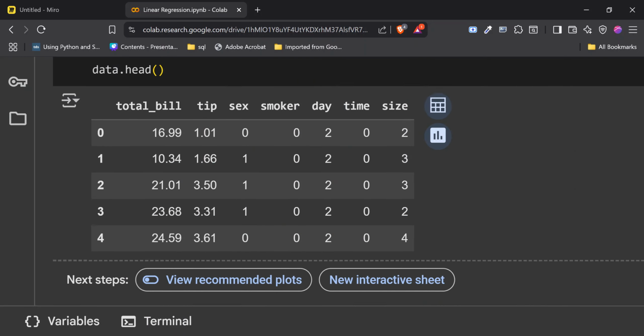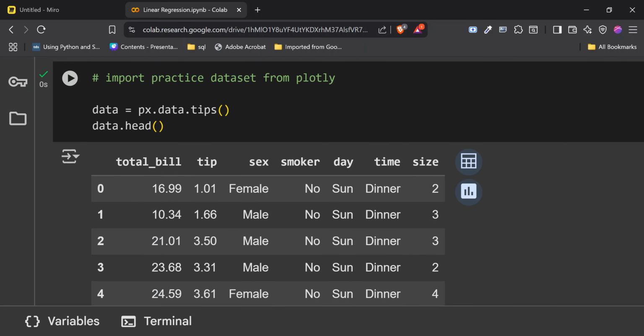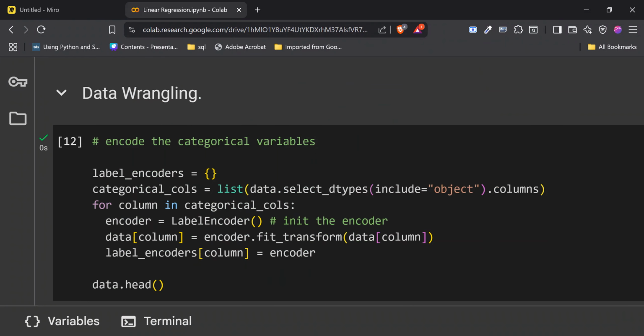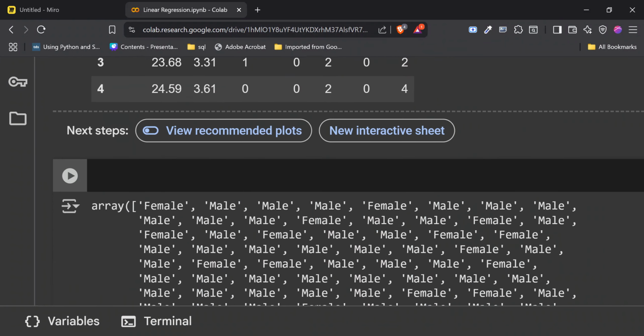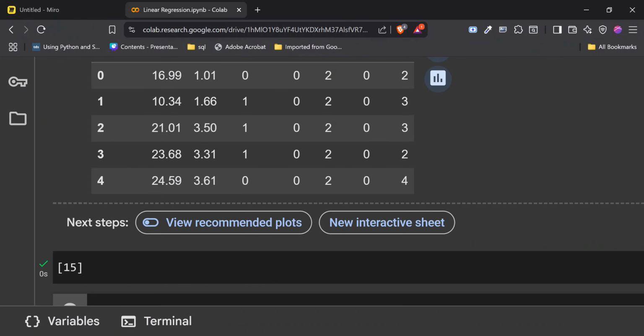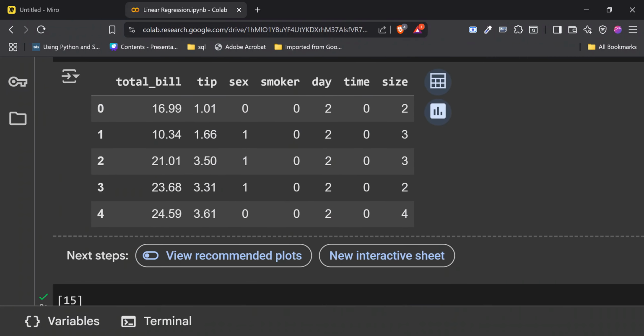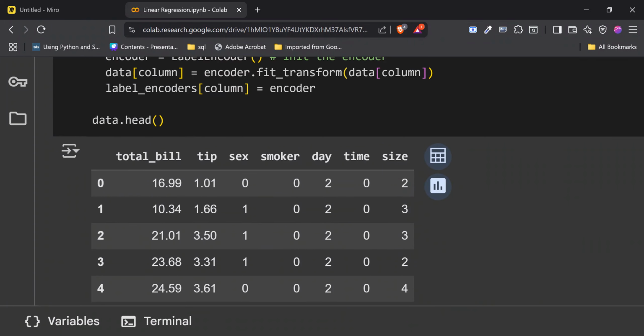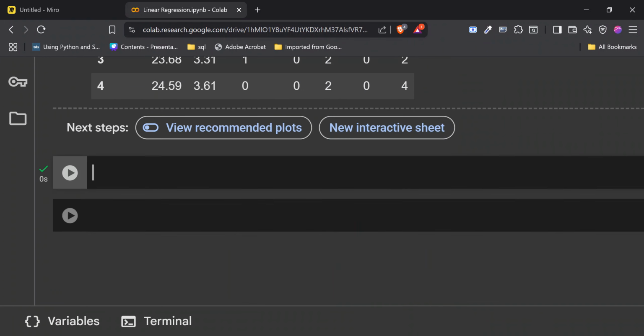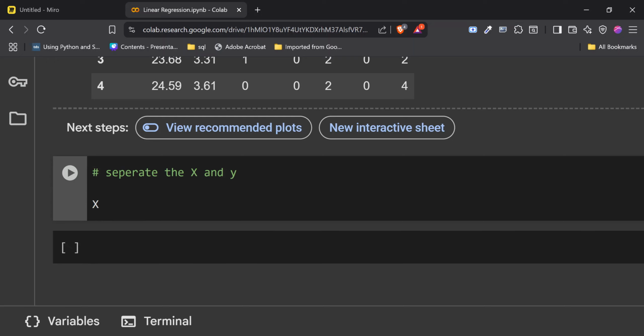So the next thing we're going to do is get to the modeling part, so that this does not get too long. Now, in the modeling part, what do we need to do? What we firstly need to do is separate our x and our y, that is the features and the target, the label.